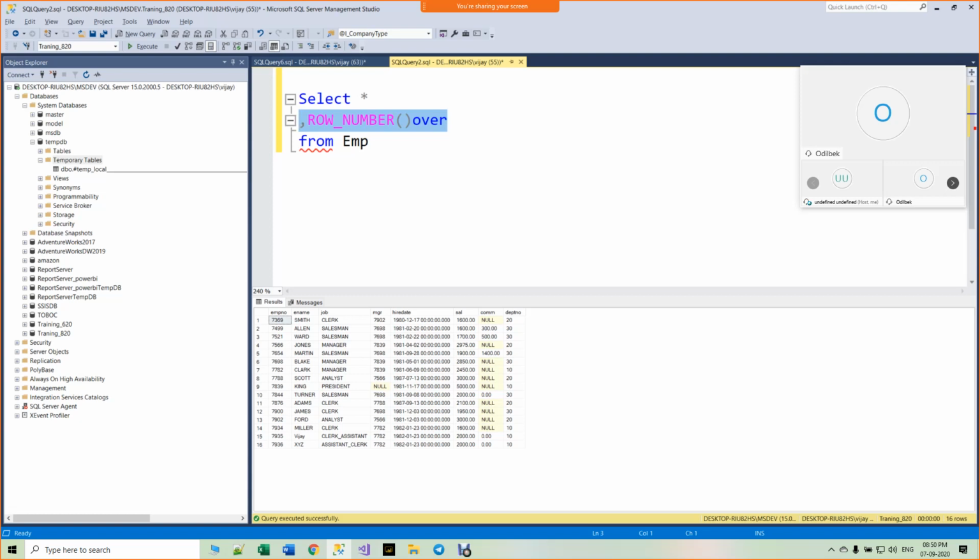Write a query to find out a salary for each department. Send me that query.